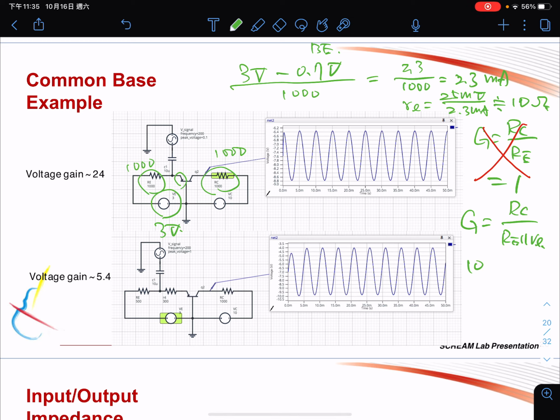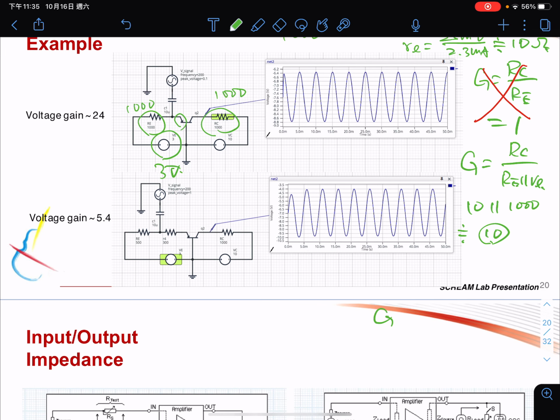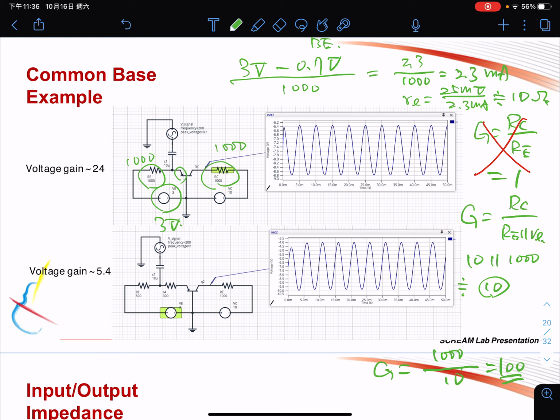But 10 ohm in parallel with 1000 will be equal to around also 10 ohm. So the gain will be equal to 1000 divided by 10, which will be 100. Okay, so it's quite big, but in our simulations, let's see,